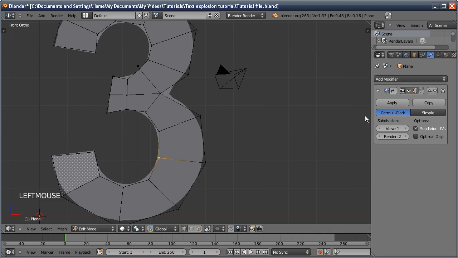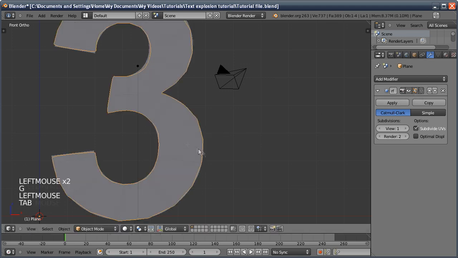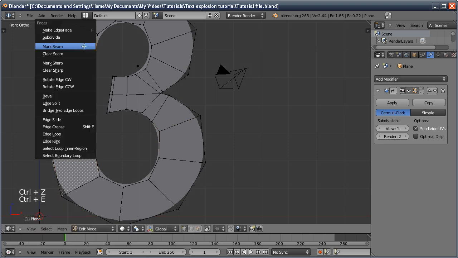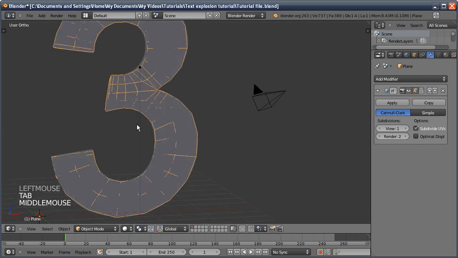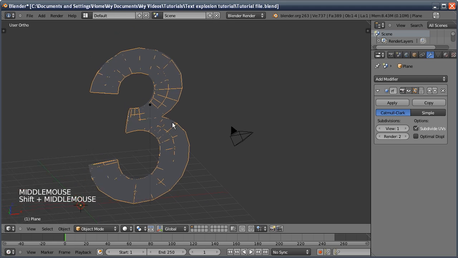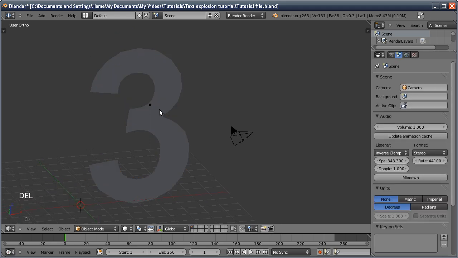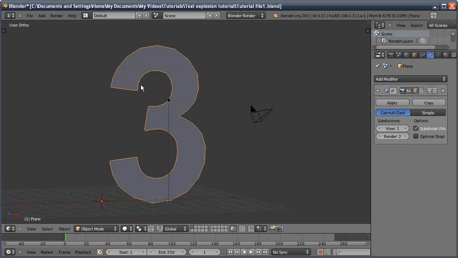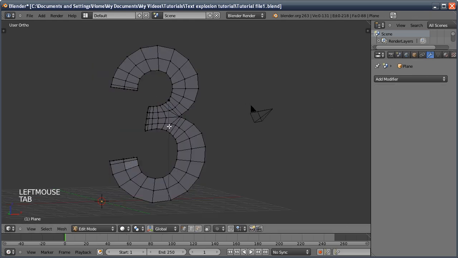I'm just going to disable that option and then go in and add a few edge loops to sharpen up these edges. And then just make sure they're all spread out so we still get a smooth edge. So now that we've got our 3, we can delete the original 3, the original text object, and we're left with our new mesh. So now that we've finished, we're actually going to apply the subsurf modifier,